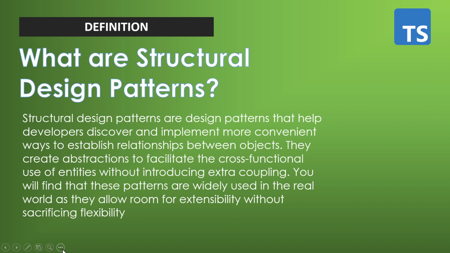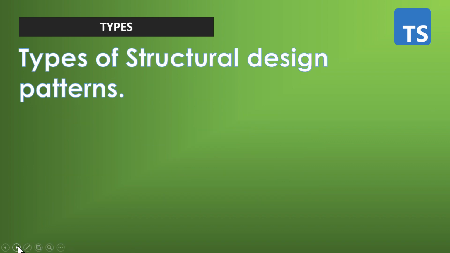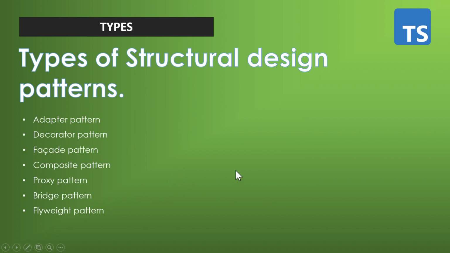Now let's move on to the next one. What are the types of structural design patterns? Structural design patterns are of the following types: adapter pattern, decorator pattern, facade pattern, composite pattern, proxy pattern, bridge pattern, flyweight pattern. These are the types of structural design patterns that we are going to study in the upcoming